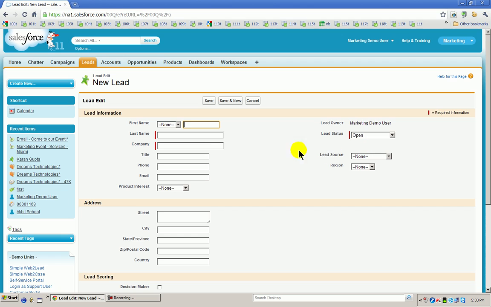So you can see, the red ones are the ones which have to be compulsorily entered. But now the instance I'm showing you is more of a B2B kind of scenario. It doesn't matter, the same thing can be converted to B2C.